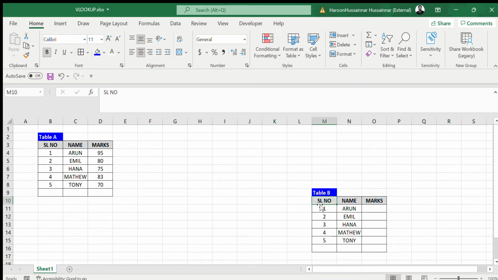Here I got another table. In this table, I have serial number and the name. So what I'm trying to do here, I'm trying to call the marks from table A to table B. So straightforward, just start with the formulas. Equal to